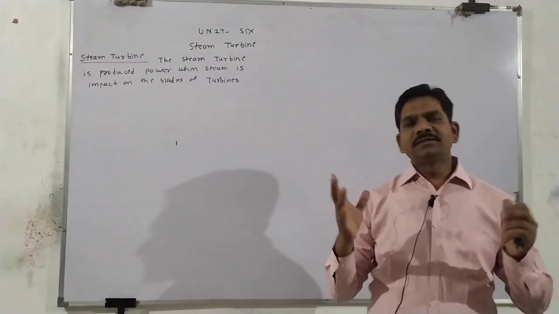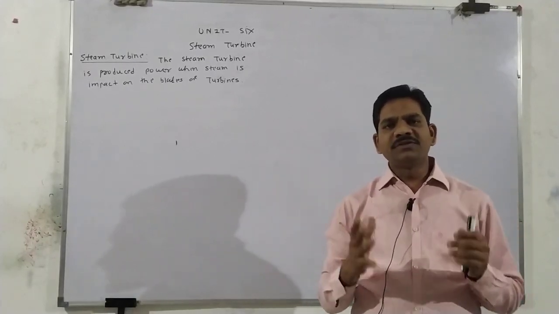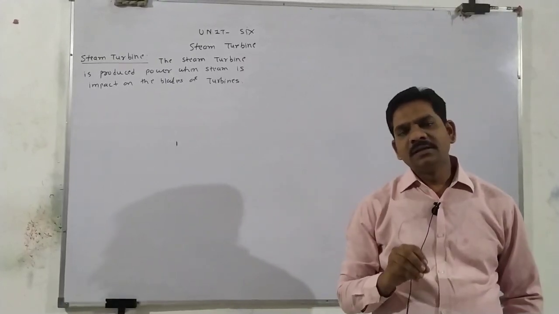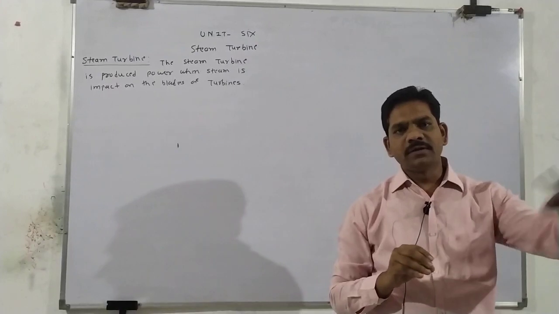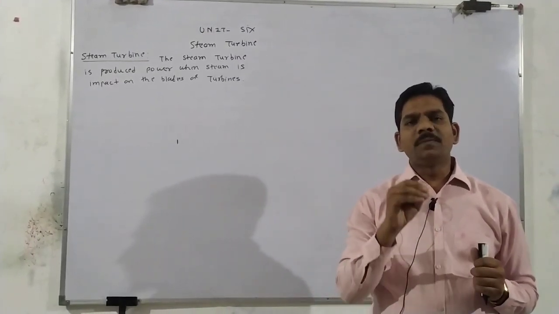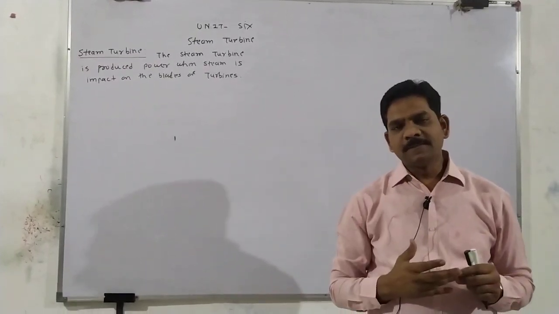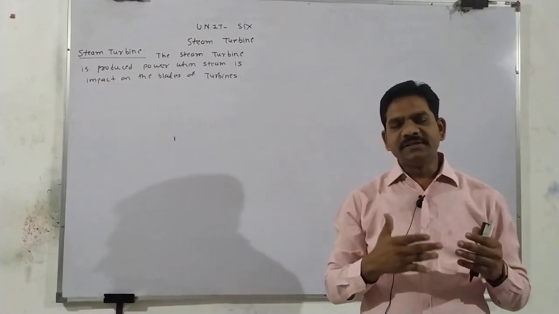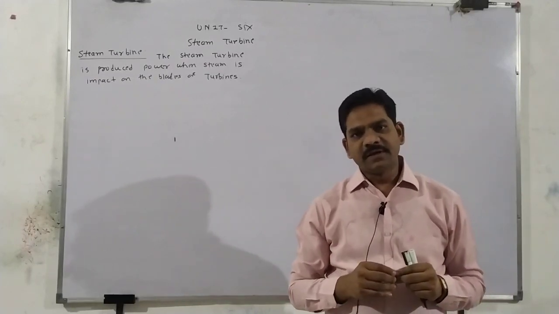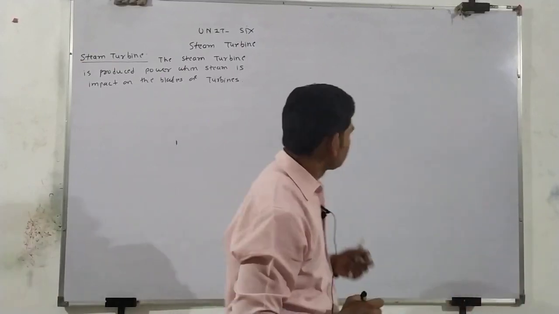So we know that the steam turbine is used in power stations. After the steam is produced in a boiler, this steam passes through a nozzle, and we know the meaning of nozzle. What is the function of the nozzle? To increase the kinetic energy. This high velocity steam strikes the blades of the turbine, and the turbine rotates. This turbine is coupled with the generator, and the generator produces the electricity, right? The nozzle section in detail we already learned in unit number 5.